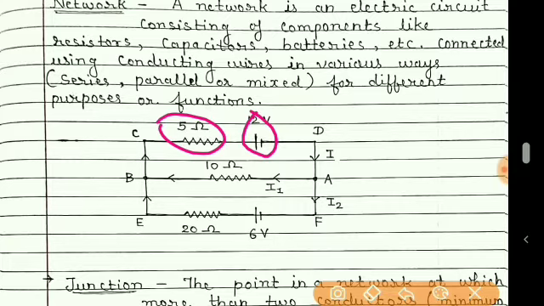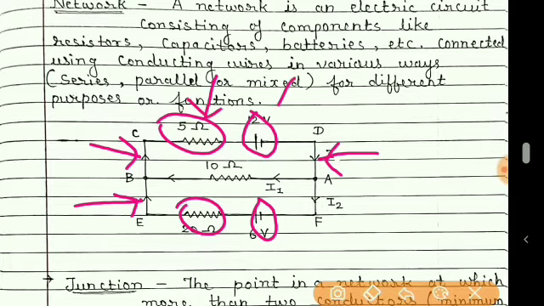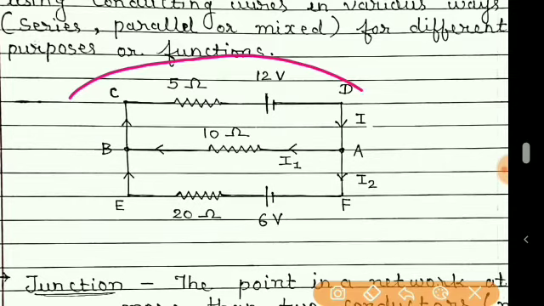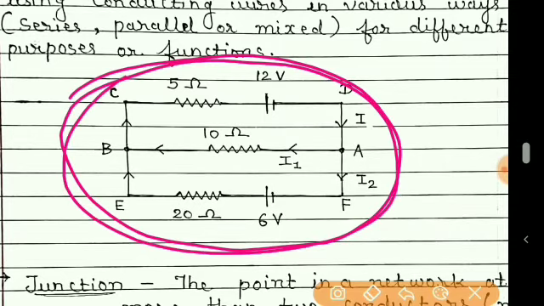But here we are going to study only those circuits or networks which have resistors and batteries connected in a circuit. Now students, these are called components of the circuit, and these are the connecting wires by means of which these components, that is resistors and the batteries, are connected with each other. So here a simple network is shown to you. This is called a network, means it is a circuit.